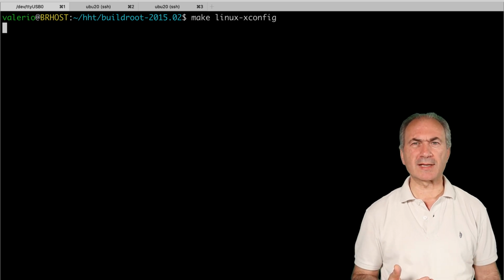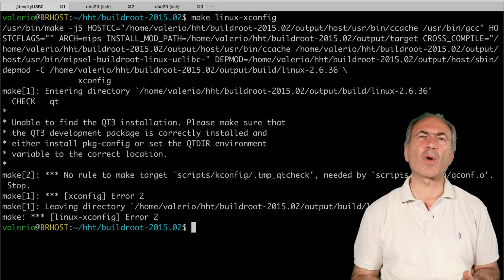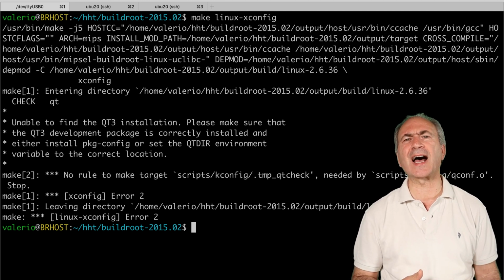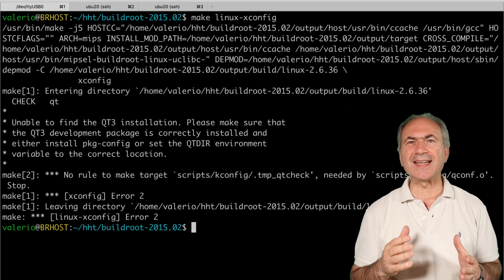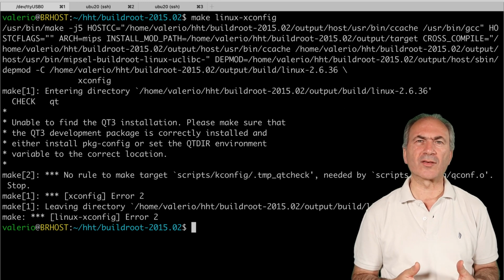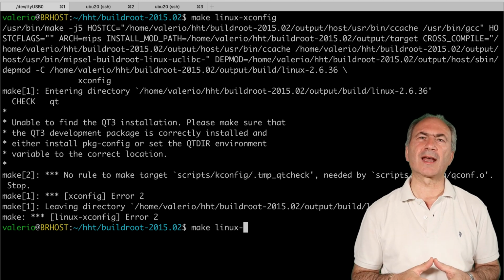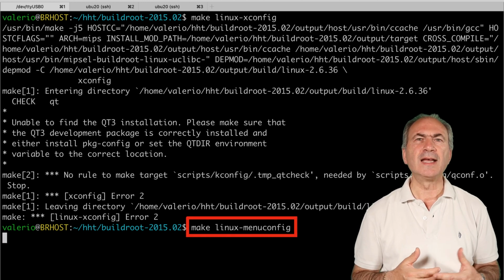But our Linux kernel is so old that for this type of configuration it requires the very old Qt version 3 libraries that are not available on our old Debian Wheezy, and it doesn't like the Qt3 compatibility layer that is installed on our Debian Wheezy. This means that we have to configure the kernel the old way using the text-based user interface.